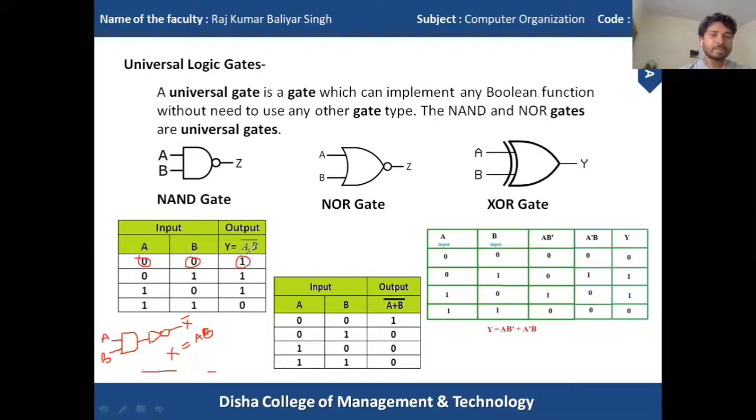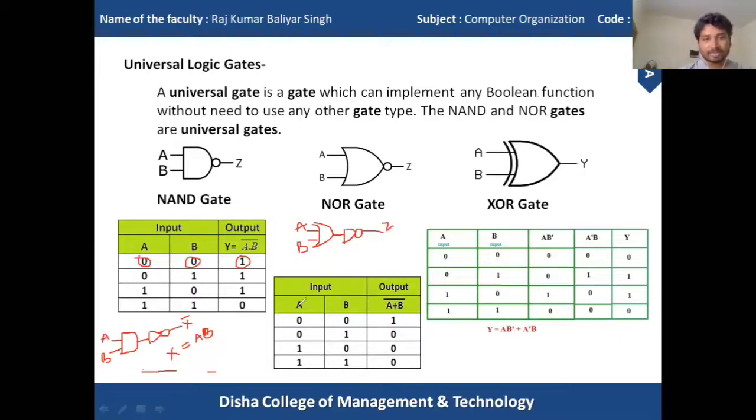The NOR gate is also the same. It is the combination of both OR gate and NOT gate. This NOT gate is connected at the output terminal of this OR operation. In this case also, we have A and B as my input terminals, and I can write Z as my output terminal.